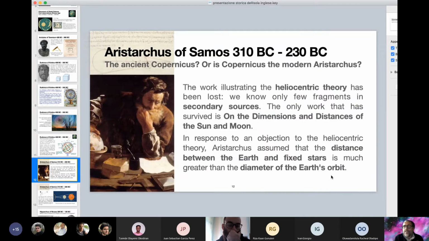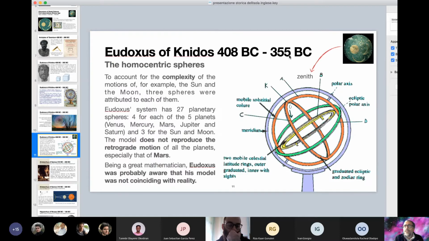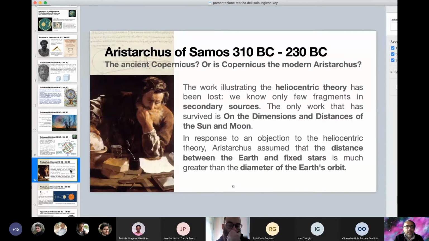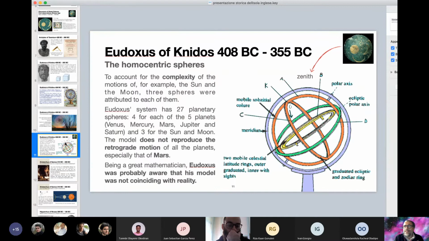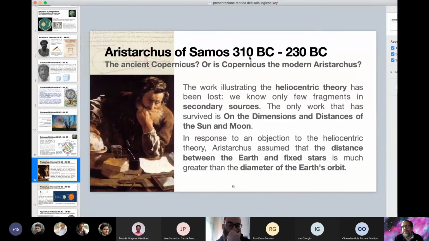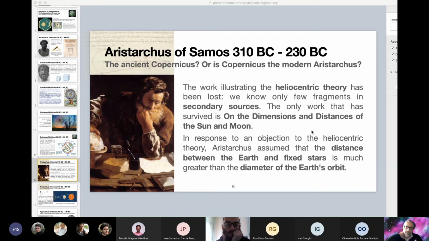Then we have another, later scientist. Remark that these scientists are living with an overlap, or a nearly overlapping. So this man died 355 before Christ. This one was born 45 years later. So you need 2 generations of scholars for connecting one to the other, okay? So it is not a long gap. This is another important feature we must understand.